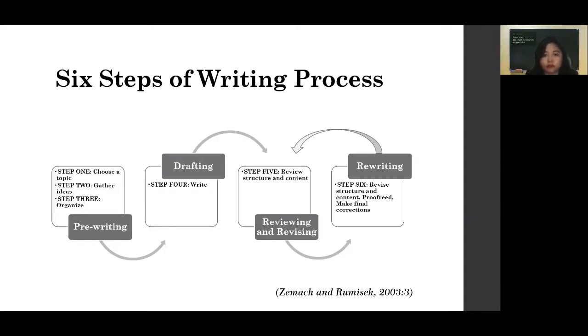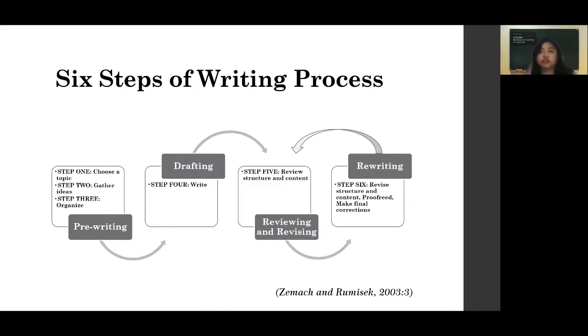Don't worry if your draft is not neat. Just do crossing, circling, or underlining on your draft. It's okay, because after step 5, we will go to step 6. Step 6, rewriting. Revise structure.